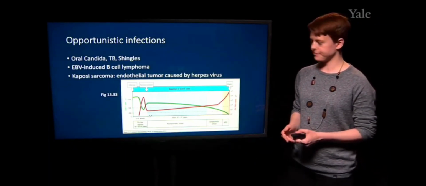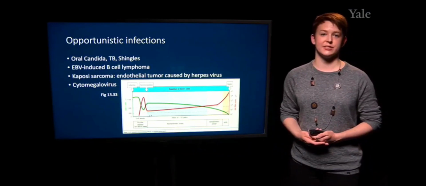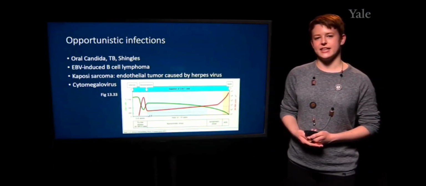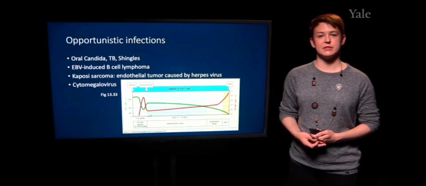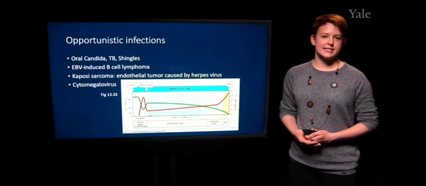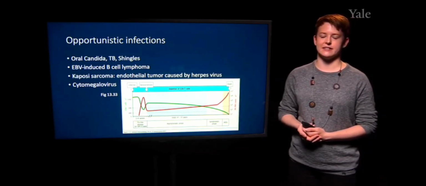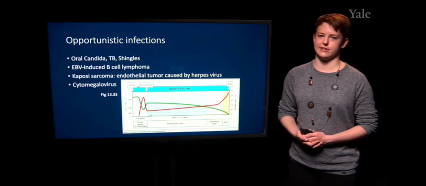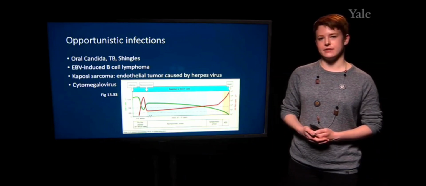So Cytomegalovirus is another viral infection that can establish a symptomatic infection in immunodeficient individuals. Most people are infected with cytomegalovirus, but we don't see symptoms unless the immune system is compromised. So we can see the compromised immune system in this chart of numbers of T cells as well as the viral load of HIV. So upon infection, we have a high number of T cells shown in the green line,